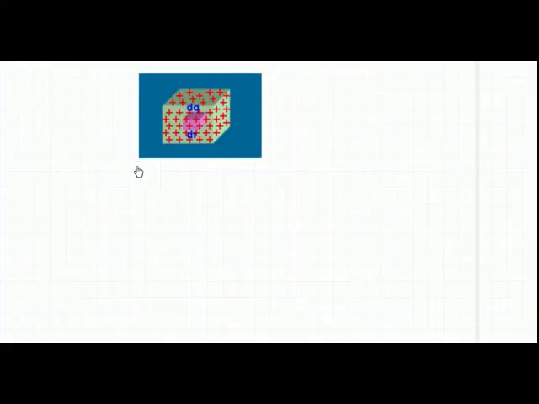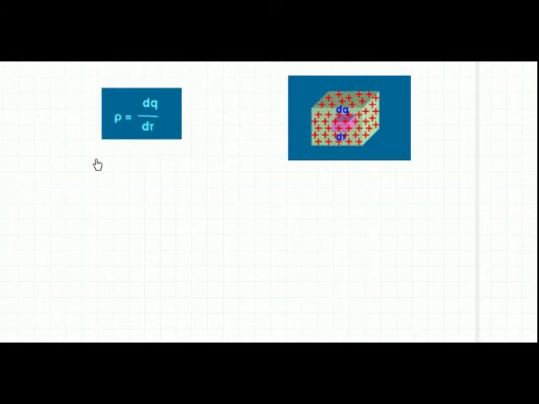Now this kind of charge distribution is possible for a volume also. Then what will be the equation for volume charge distribution? For volume charge, consider a volume, and consider a small volume d tau, which is shown here in this color, and dq is the small charge contained in this small volume. Then what is the ratio of total charge to total volume? It will be dq by d tau, and this is equal to rho, where rho represents the volume charge density.